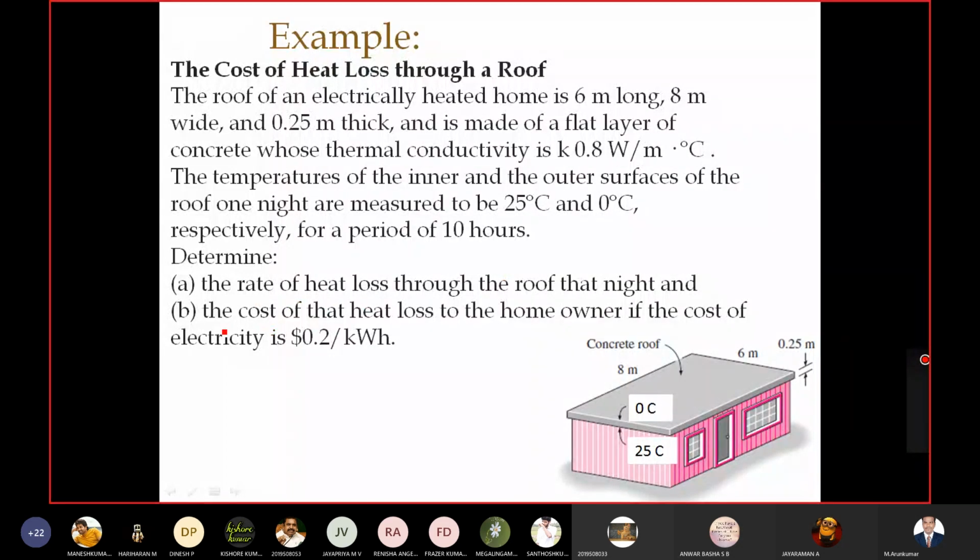Then we have to find the cost of the heat loss to the homeowner if the cost of electricity is $0.2 per kilowatt hour. They just gave the T1 value, T2 value, the area value, and the KT value. We just have to find the heat loss, so we can use the heat conduction formula to calculate